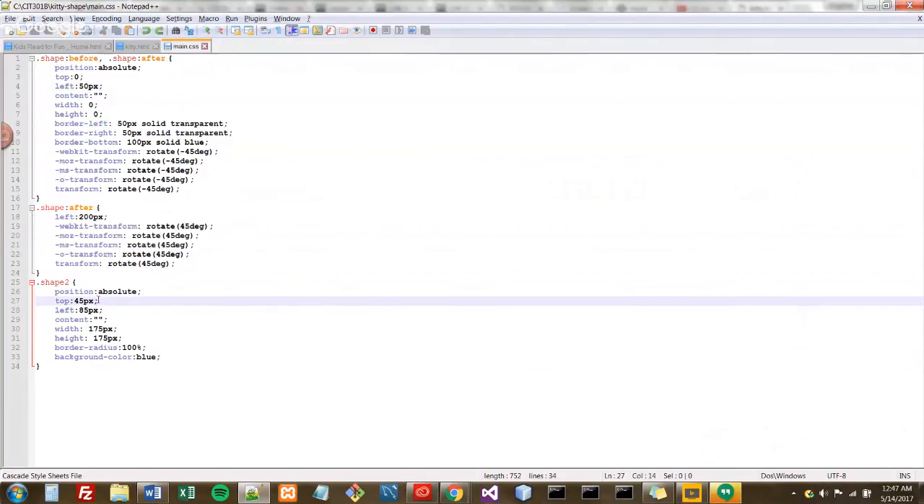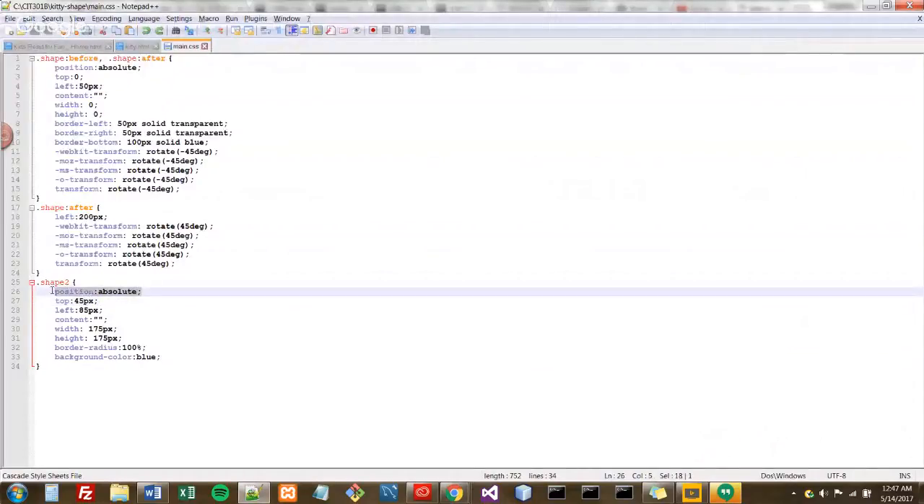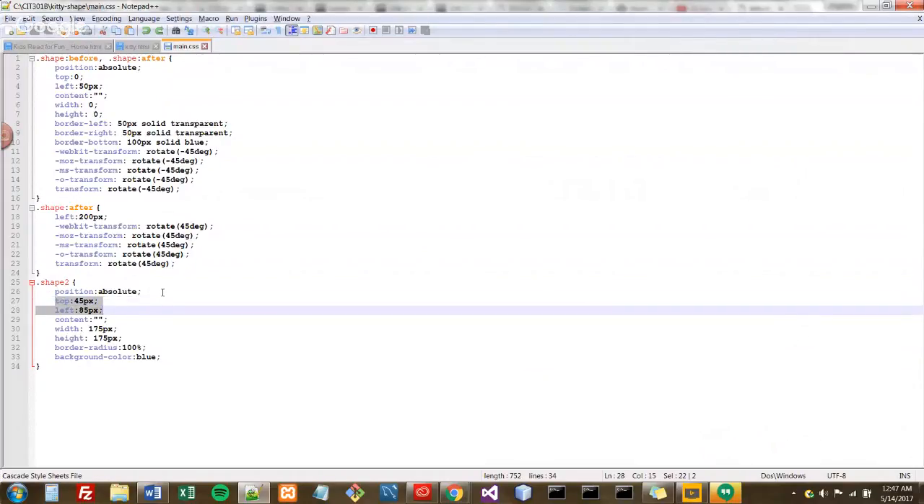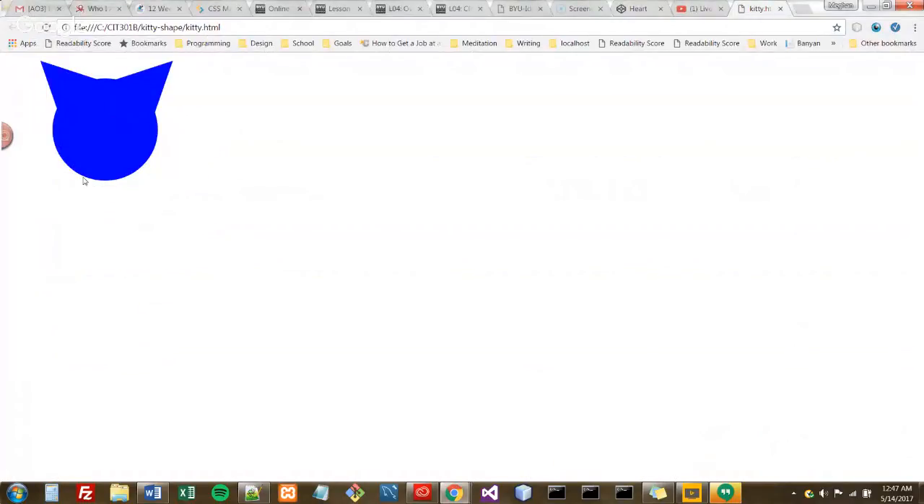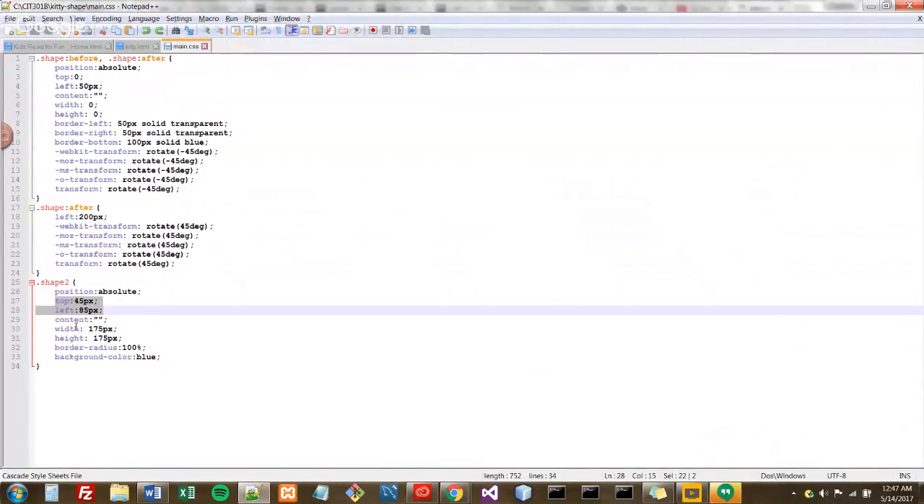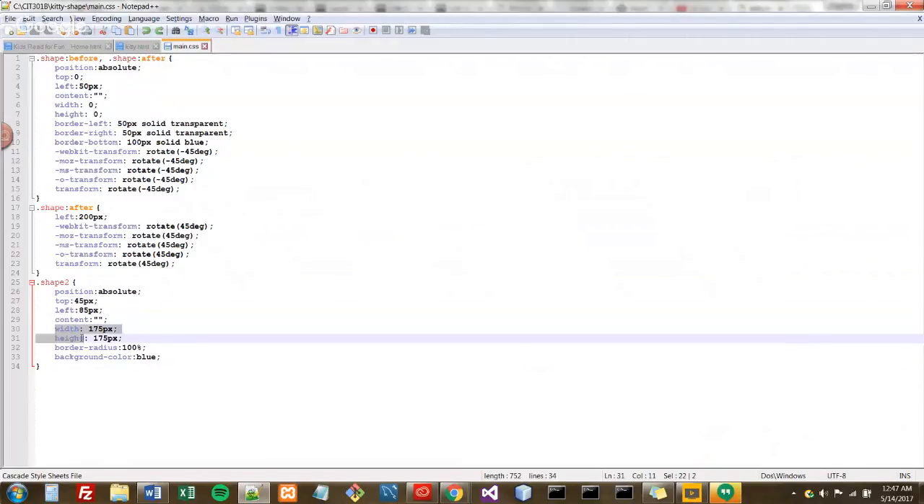As for the circle, moving on here, I wanted to keep it absolute so it would stay with the ears, because in the end it's going to be one picture. Top 45, left 85 pixels. I eyeballed that and put it in that position until it looked right. But that's how I positioned it on the screen. Once again, no content. Width and height